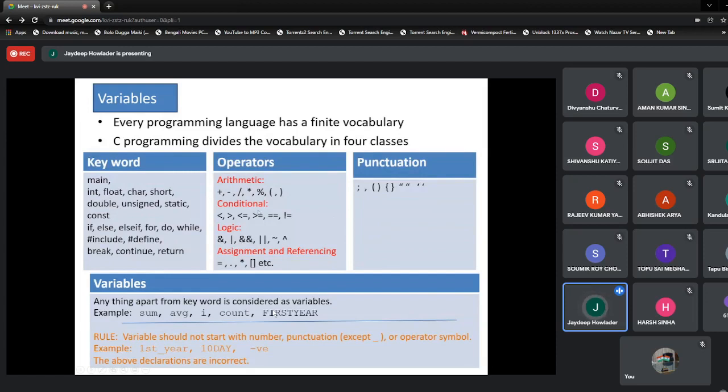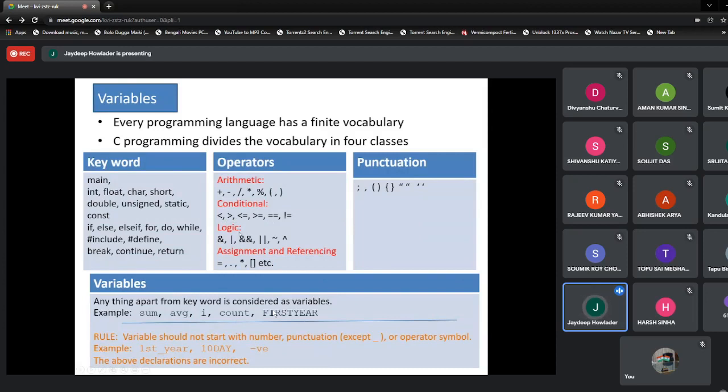Similarly, there is a finite set of symbols which are also reserved. What are the symbols? They are arithmetic symbols, conditional symbols, logic symbols, or assignment or referencing symbols. Arithmetic symbols we all understand: addition, subtraction, division. Then conditional are Boolean types of operations like less than, greater than.